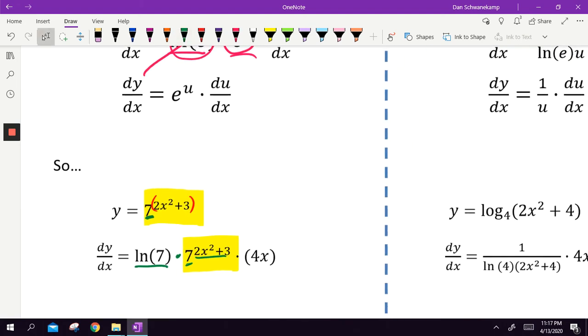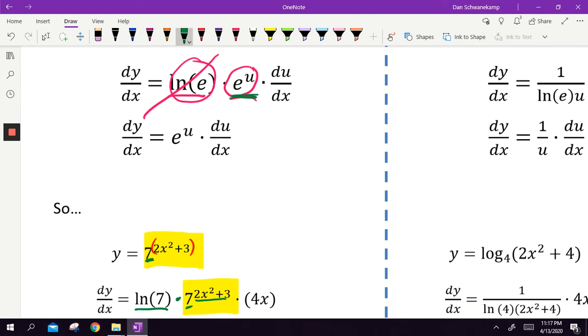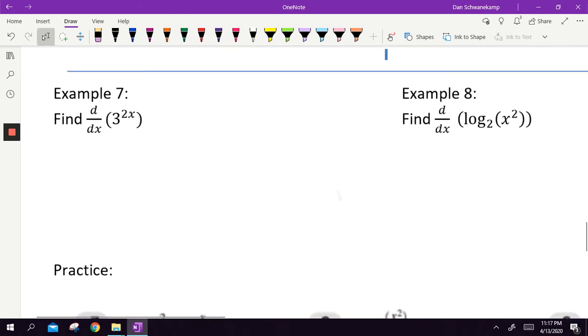All right. So basically, the exact same thing as derivative of e. You just got to include a natural log of 7 because up here the natural log of e is 1. That's why we didn't include it. All right. So for example,